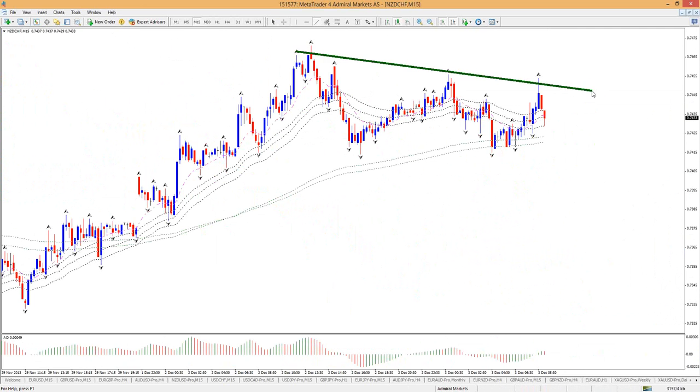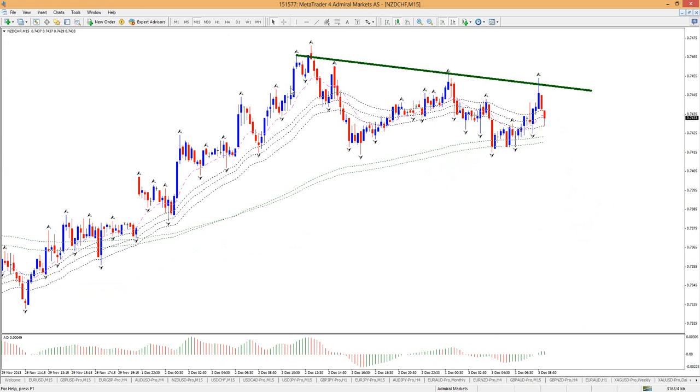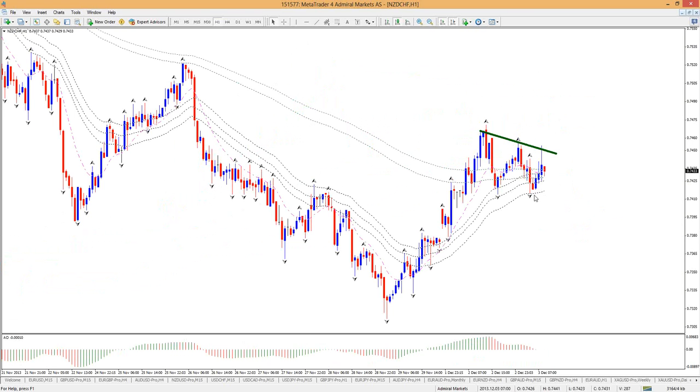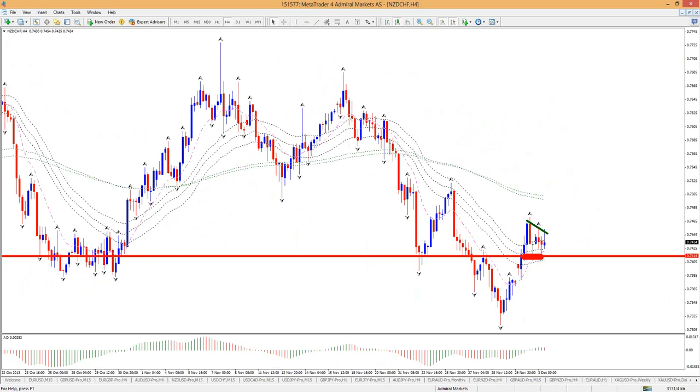If you look at the 15, now we would need to break above this 50-minute fractal. The break to the downside would be a bit more riskier from this 50-minute perspective because it's still counter trend on the 15 at least, and the 1 hour. But from the 4-hour perspective, this upside could be a retracement of this downside. And for that to happen, we would probably need a break below the 4-hour support. So that's probably what I would be looking for.